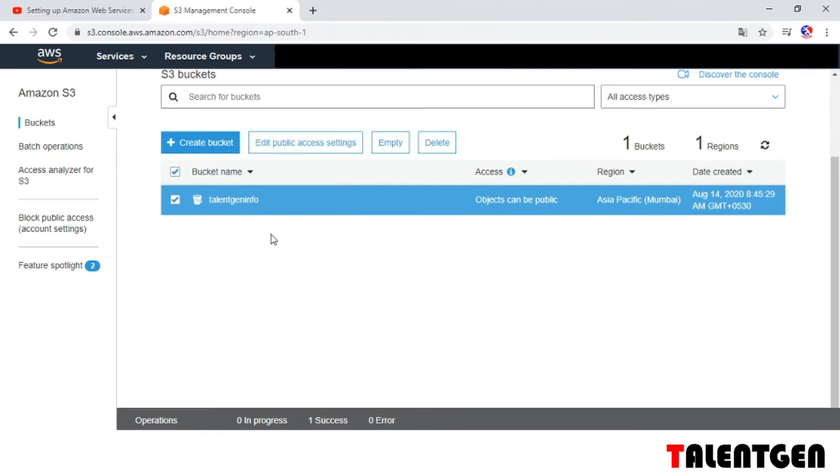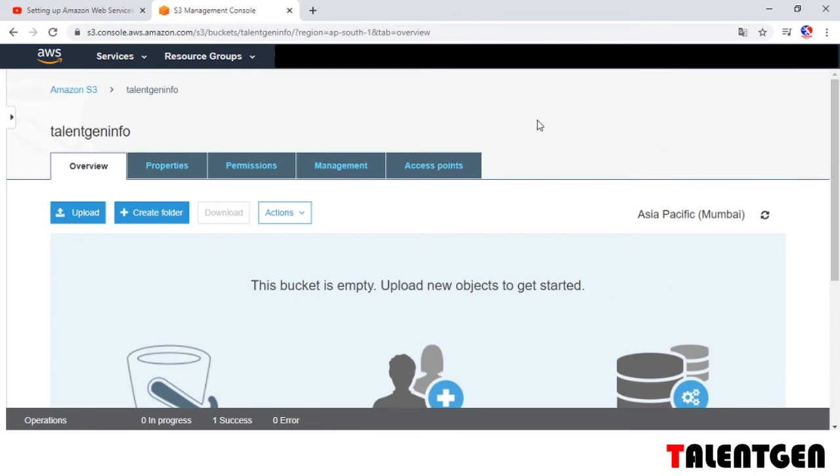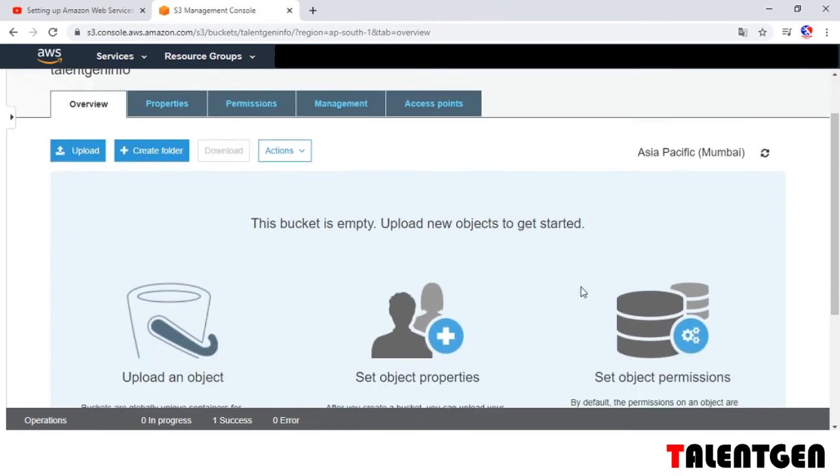The bucket access policy is changed to object can be public. Then click on the bucket options, and here we can upload our object, meaning our data.